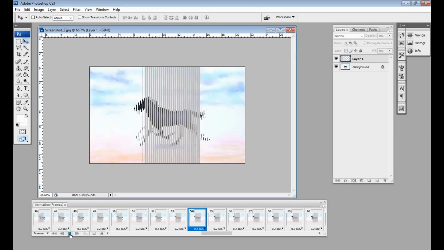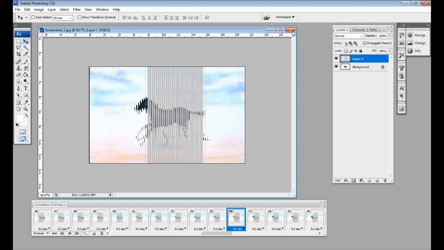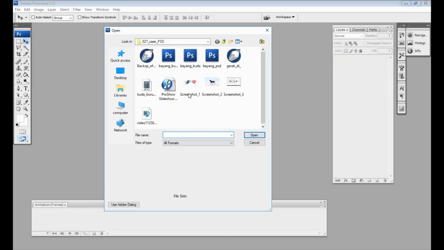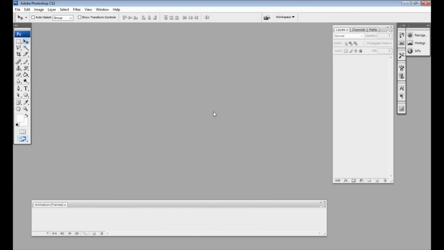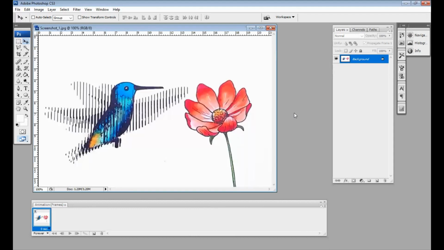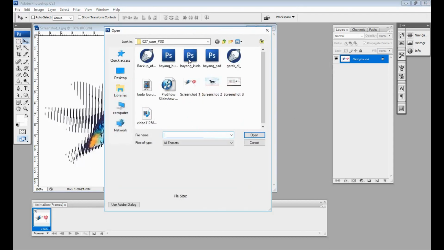Okay, let's try another object. Okay, I will stop. We try to get maybe a bird. And then I choose the illustration.